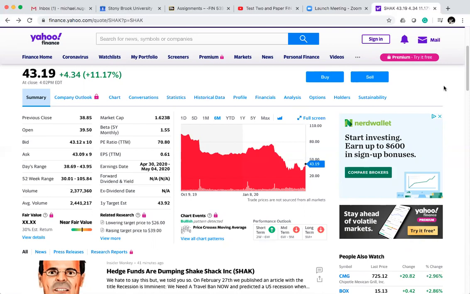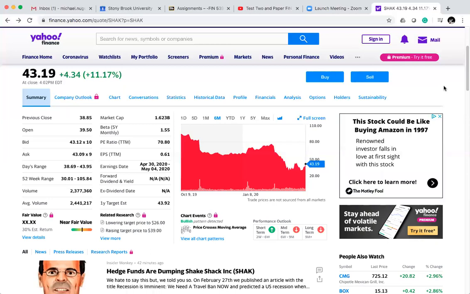There are some companies that are still undervalued. They haven't bounced back like these companies have. But I can guarantee it's going to be a volatile market for the next 6 months. Whether or not stock prices are going to be higher than they are today in 6 months or lower, I really couldn't tell you.